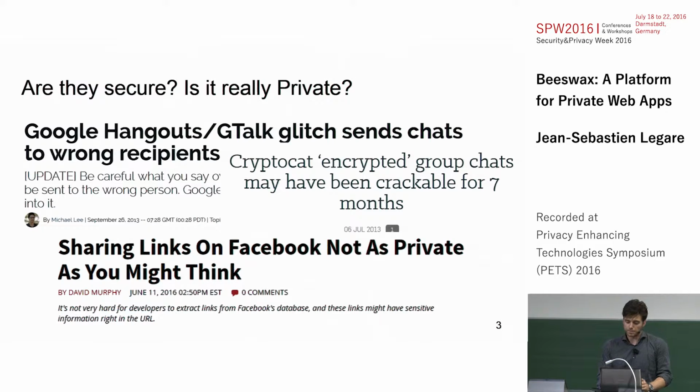And some of them might give you different privacy guarantees than the ones you'd expect. For instance, lately, it has surfaced that links shared in Facebook private messages would be available publicly using their APIs.